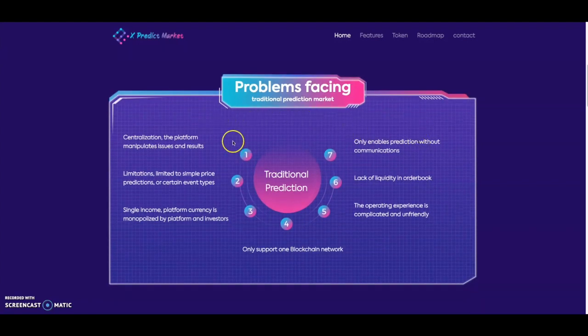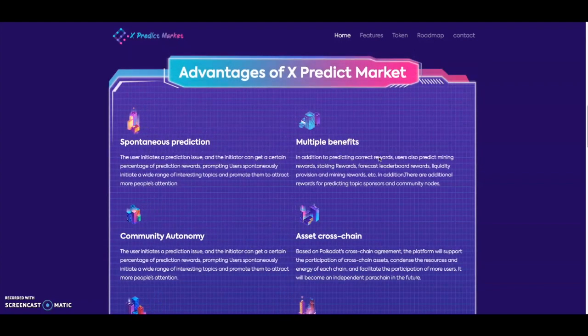The problems they're facing: centralization in the platform manipulates issues and results, limitations to simple price predictions or certain event types, single income platform currency monopolized by platform and investors, right? Only enables predictions without communications, lack of liquidity in order books. The operating experience is complicated and unfriendly, guys. Only support one blockchain network. So the advantages of XPredict market would be spontaneous predictions, community autonomy, asset cross-chain, multiple benefits,